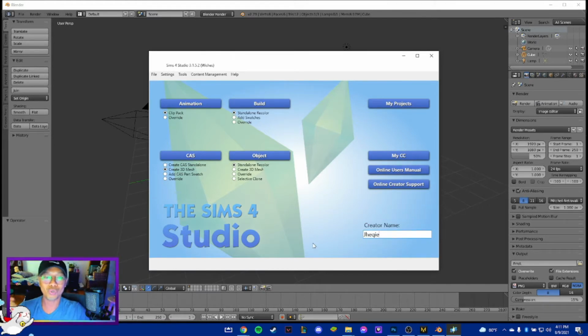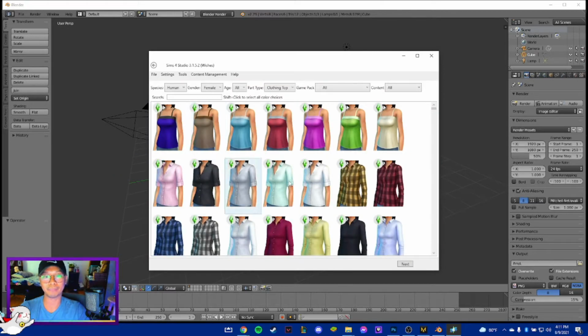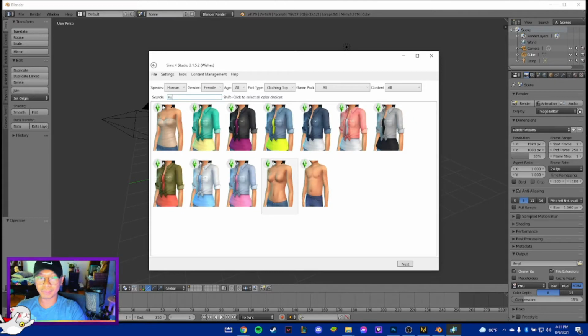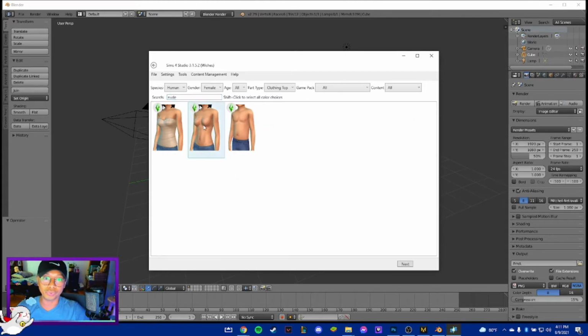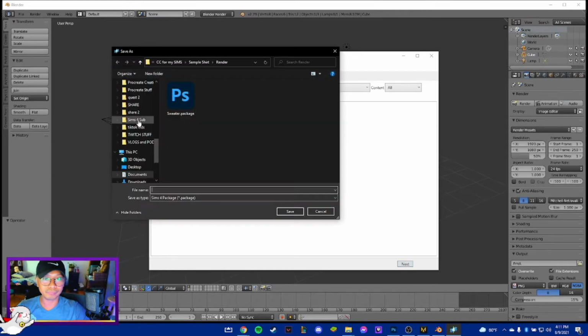Mine is already open, and once it opens, we need to select create 3D mesh, and then click this button right here that says cast, which is create a sim. Now we need a UV map or a model for the top side, because what we're making is the shirt, right? So mine, I'm just going to look for the nude, which is this. So select that,